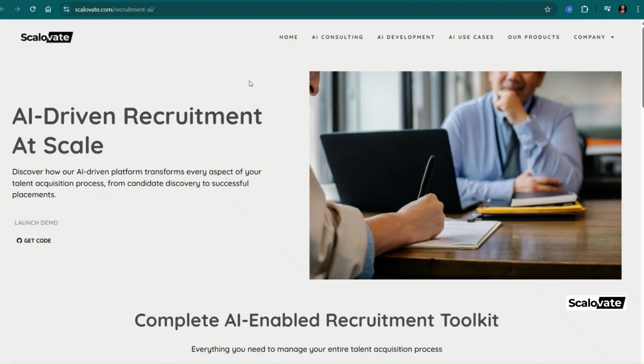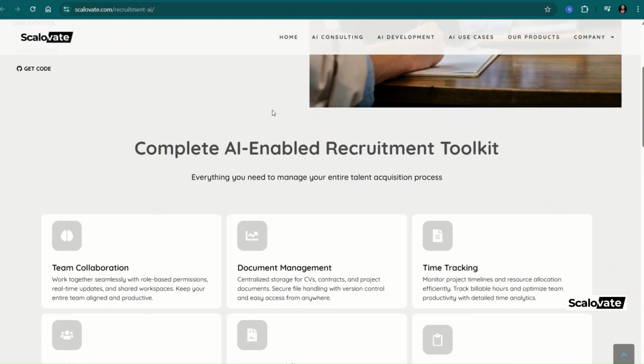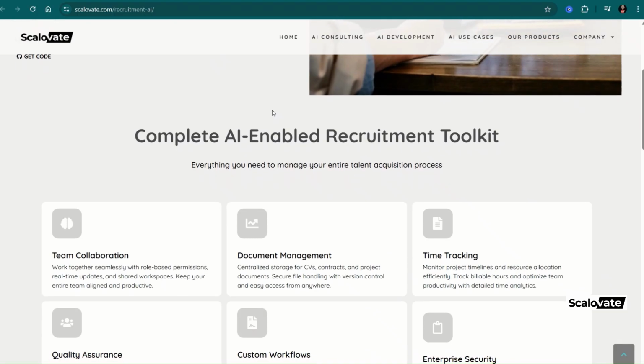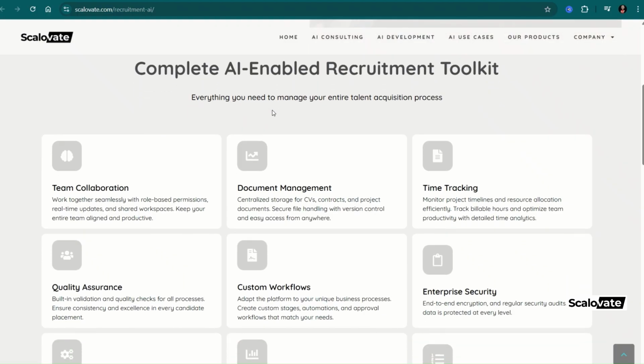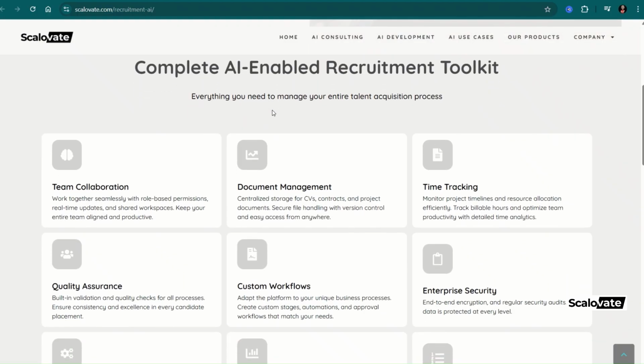As a part of our commitment to the open source community, this is one of our very complex tools that we have developed and decided to open source it. Now, this solution, I'm going to walk you through a little bit more about what it does. What you will see in terms of what the product can offer is a completely AI-enabled recruitment toolkit, as you can find it on our website,